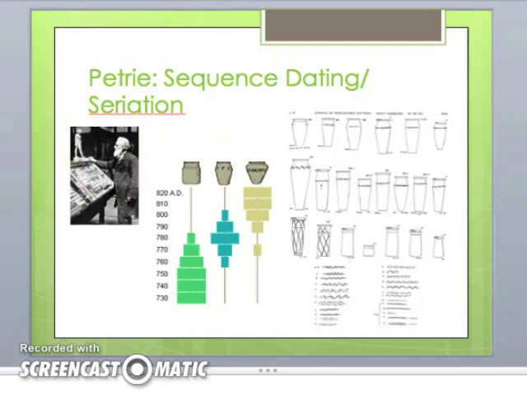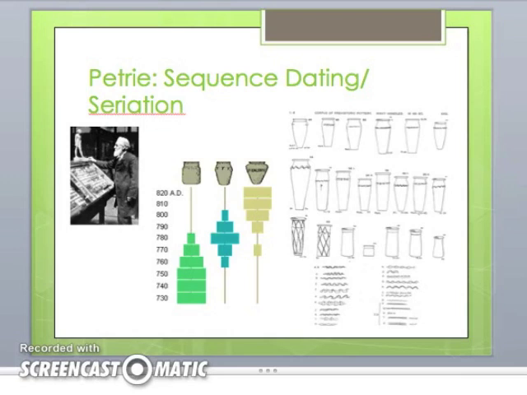Here we have a little more detail on this slide about this kind of dating. It's actually called sequence dating, or seriation. This kind of dating shows patterns that always show up as a battleship curve. If you look at the picture on the left, the middle pot looks like a battleship shape. Basically that means in seriation dating that all pots of that type come into existence, become very popular, and then fade out as another pot becomes more popular.